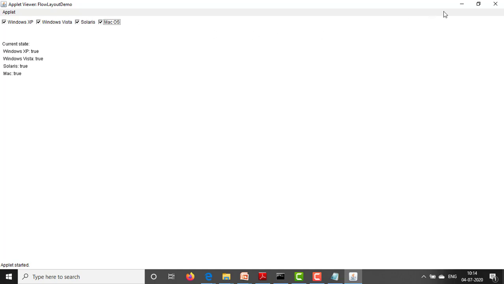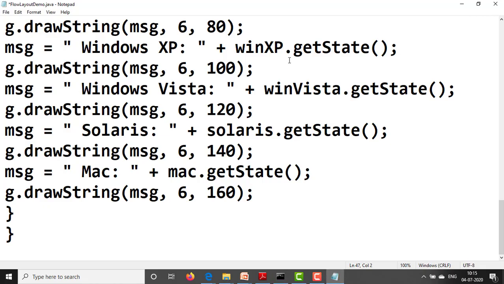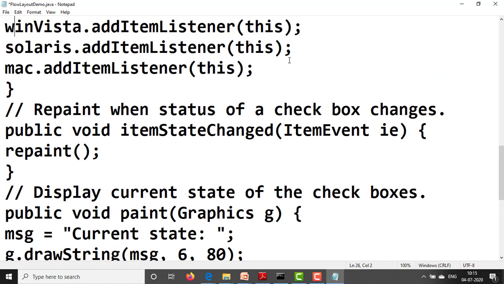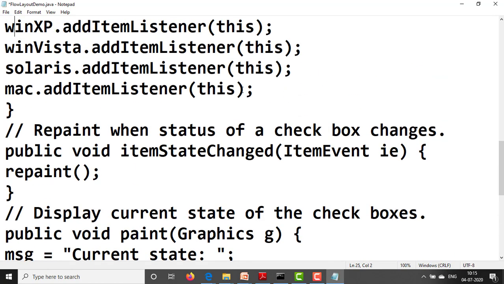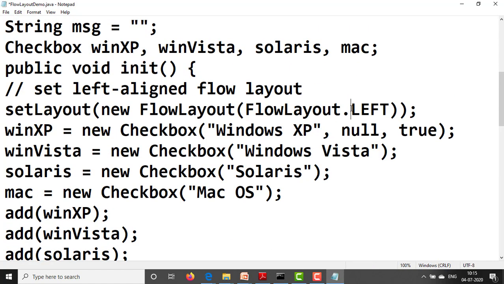Here we can change the left justified to the right. See how we can do that. Go to the setLayout method, FlowLayout dot, here we can write RIGHT.